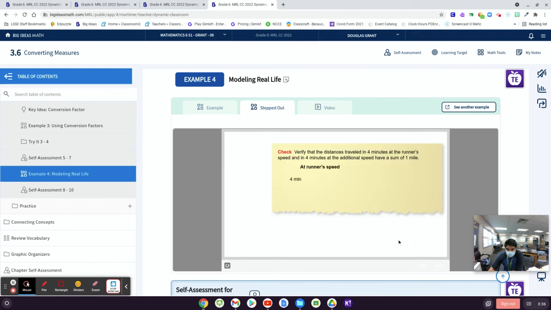All right, and that is basically it. So yeah, that is basically it. So when it comes to converting units, you can either use a ratio table, which I think most students will use because it seems a little bit easier. And you can also use